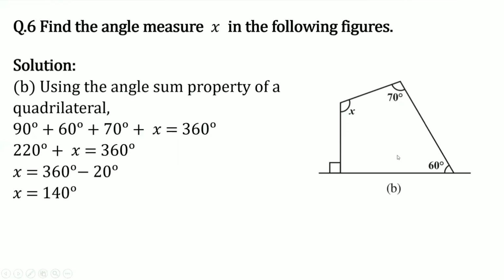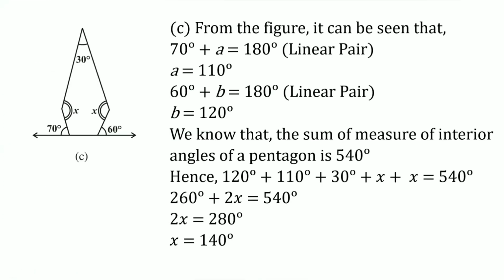And we know that the sum of interior angles of any quadrilateral is 360 degrees. So it will be 90 plus 60 plus 70, it is 220, plus x, which is the fourth angle, is equal to 360. And solving the equation we get x is equal to 140. Next, see, here we have 1, 2, 3, 4, 5